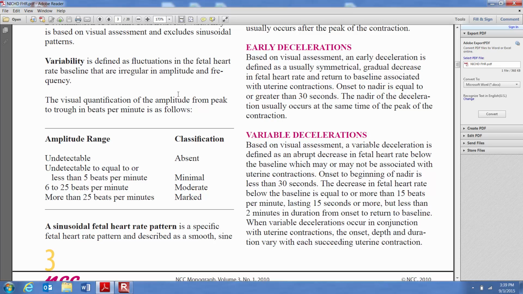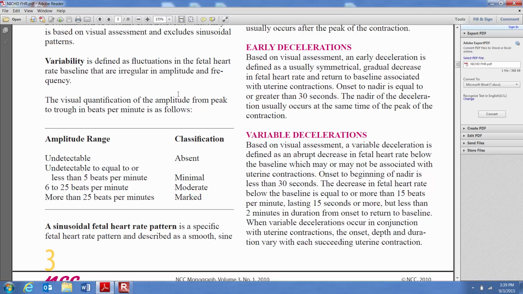If you determine that your variability is minimal, that means that the baby has less than a 5-beat fluctuation in the amplitude of the heart rate tracing, then your variability is minimal. Now, you can say your baby is not well oxygenated with minimal variability, and that would be correct unless your baby is in a sleep pattern, and when your baby's in a sleep pattern, it's quiet, there's not a lot of fluctuations in the heart rate, baby's just kind of sleeping, okay? So that's not a bad thing, but you need to reassess often to see that that variability is coming back to normal. Then you would say my baby's heart rate baseline is 110 with minimal variability,